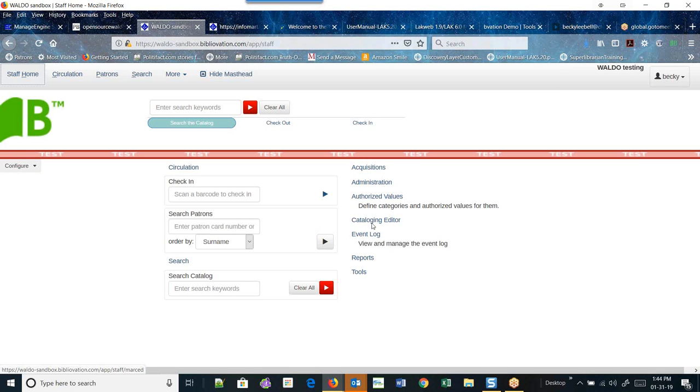This is a tool that has been available in the past. We had two versions of it in LAK. One was a modify option, and the second was an edit option. Depending on which one you had selected in your system preference, you would then be led to the appropriate tool. Since it's a tool, we need to start at the Tools menu,